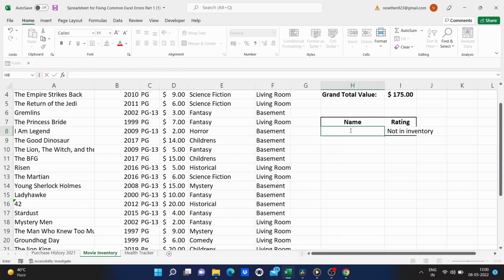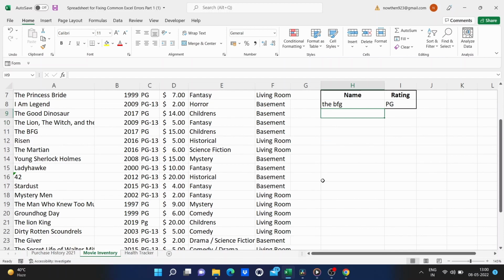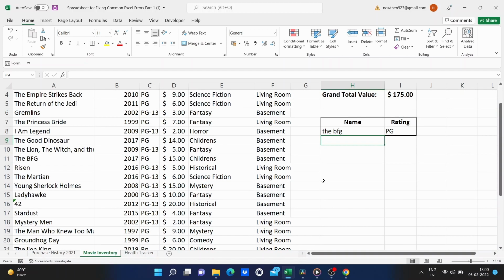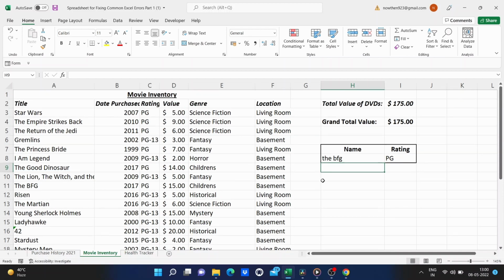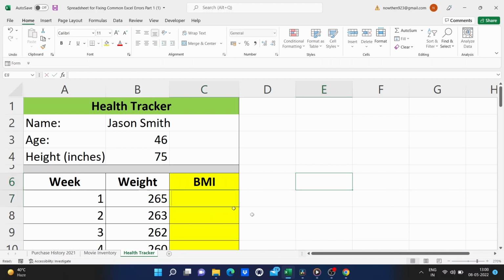So now if I type in Star Trek, that's also not in inventory. But if I type the BFG, it is there and has a rating of PG. So once again, this IFERROR function saves the day and makes our spreadsheets look not so ugly when these error messages come up. There's one more error message that we're going to tackle in this video, and that is